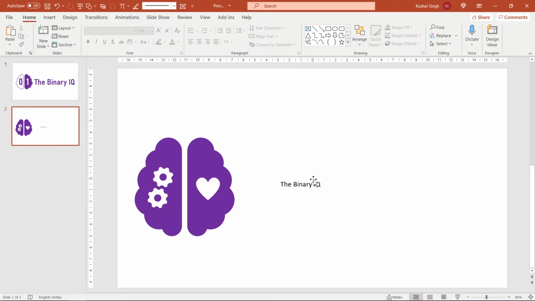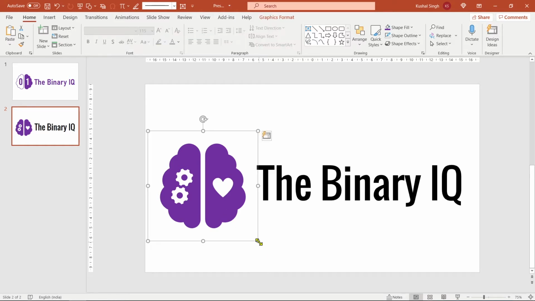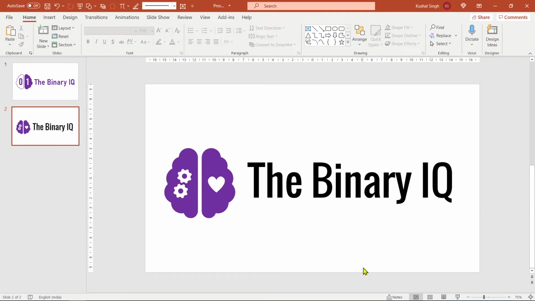I'll try to make it as big as possible that fits inside this slide. So I'll just use the Control Shift and angle brackets, or you can simply use this font size increaser right here. I'll change the font as well to say Oswald. Let me increase the size. I'll also decrease the size of this icon a little bit. So this is what my logo should look like.